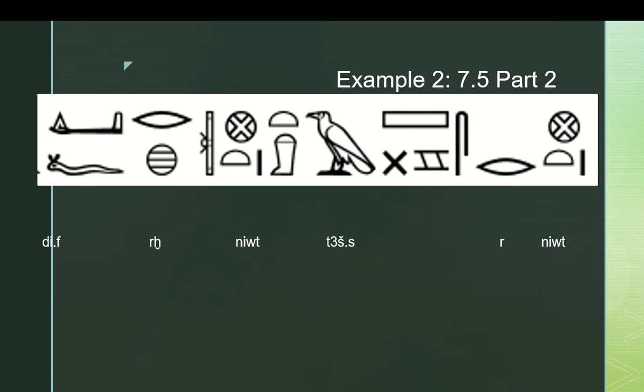DF, he is causing something to happen. It's a prospective form. You're expecting another thing that is going to be going on. You should probably suspect that it is going to be a prospective verb following it. And then you find rech, and yes, it is a prospective verb. So DF, that he might cause. Rech